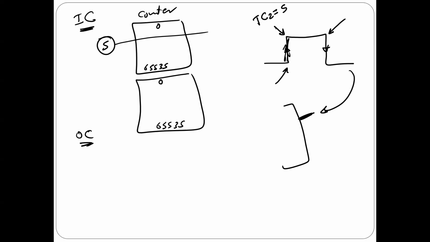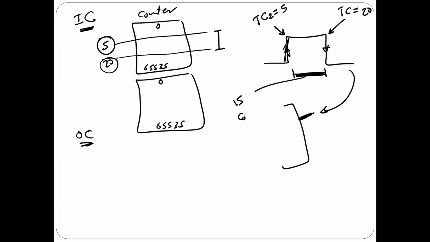or at the count number 5. Is that okay? Here I found that TC is equal to, for example, 20. I'm just giving any numbers, okay? So that means the second one happened here at 20, right? That means from here to here, the counter counted from 5 to 20. So how much is this time? This time should equal 15 counts.